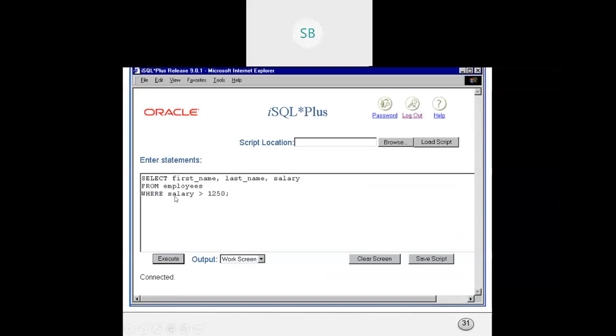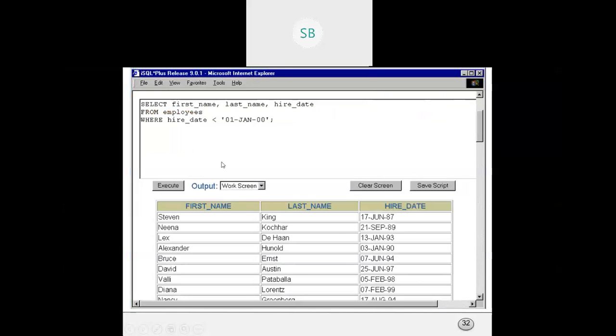Here is an example of using the greater than symbol: select first name, last name, salary from employees where salary greater than 1250. Then here is a less than symbol where hire date is less than 1st January 10.